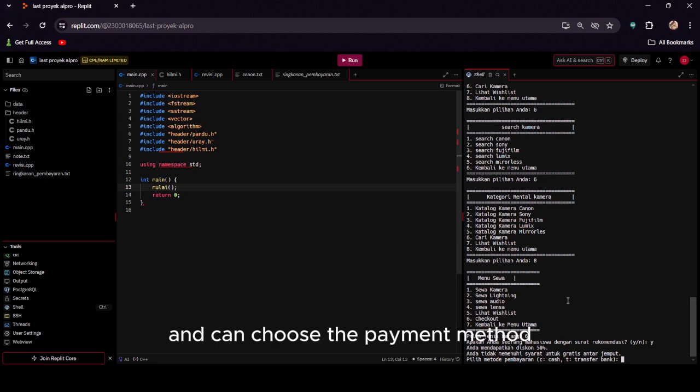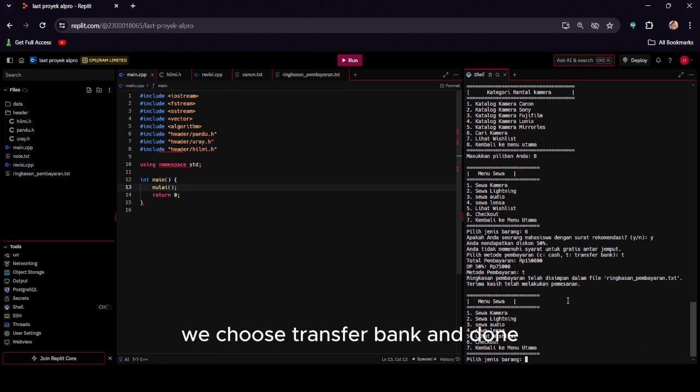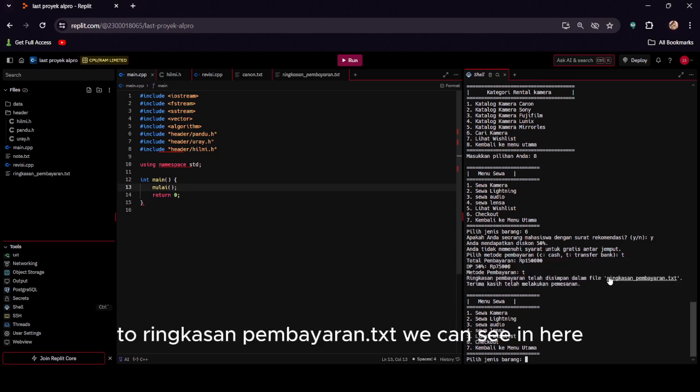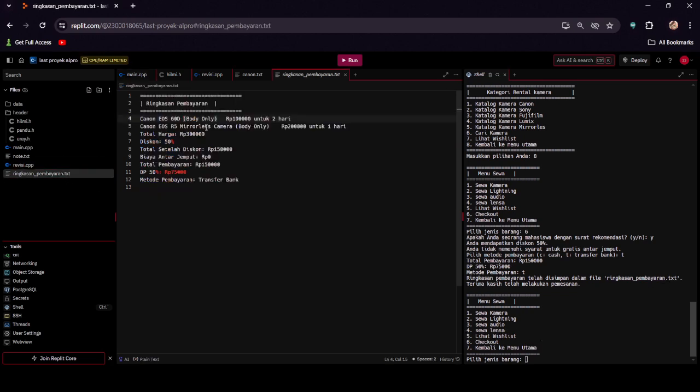And we can choose the payment method. We choose transfer bank and done. Here we can see the total of the payment, and we can see the payment has been saved to ringkasan pembayaran.txt. Here are the 2 items we added earlier, and here are the payment details.